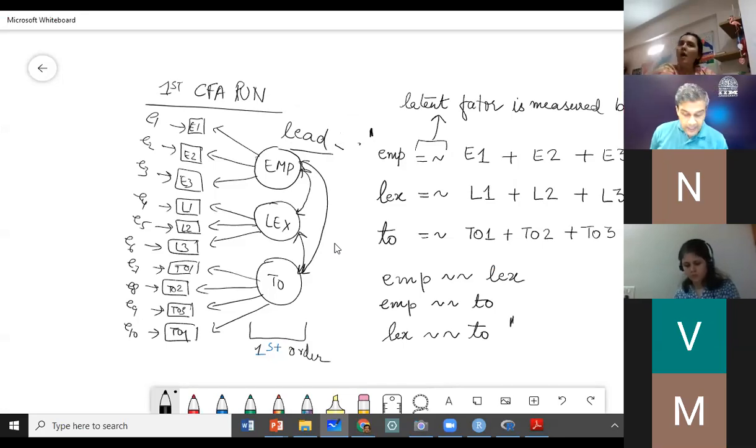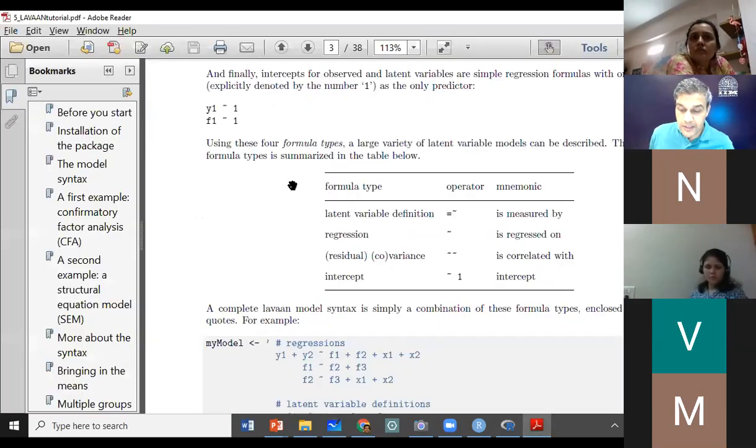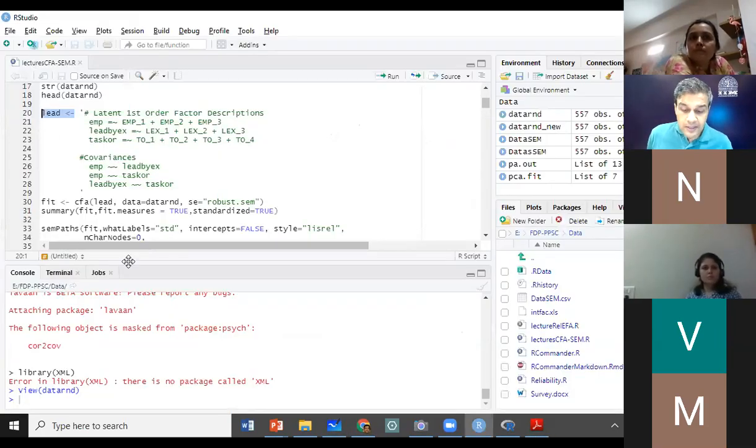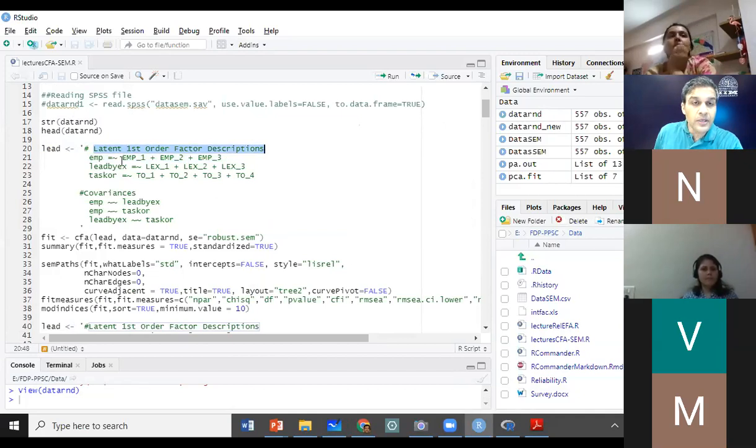This is the syntax of the confirmatory model declaration that you see at line number 20, lead. My comment is latent first order factor descriptions. EMP is equal to tilde EMP1, EMP2, EMP3. Lead by example: you can give it any name, even simply LEX, or F1, F2, F3.